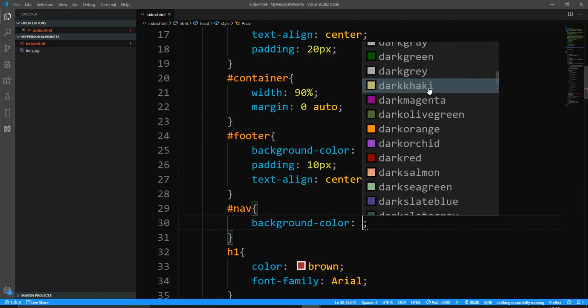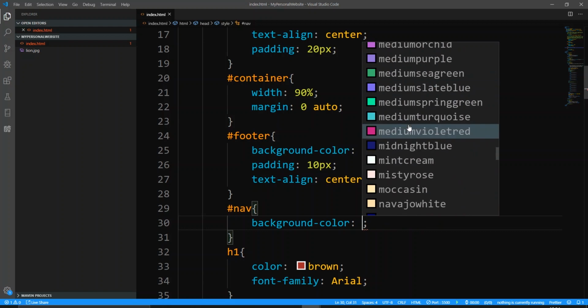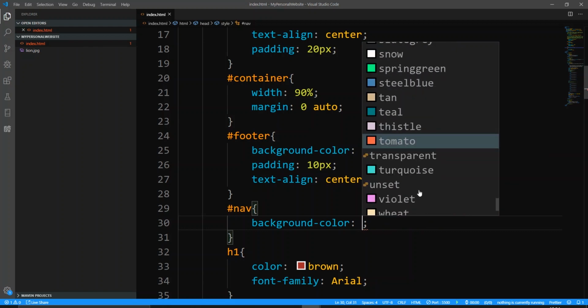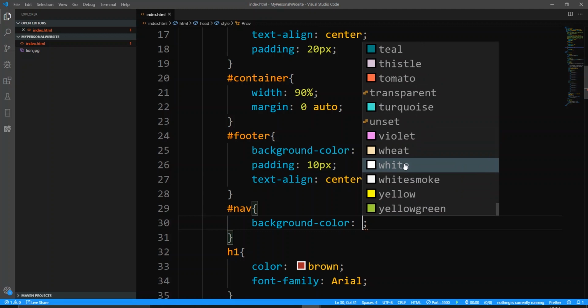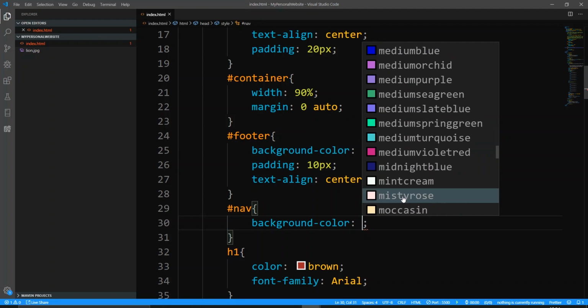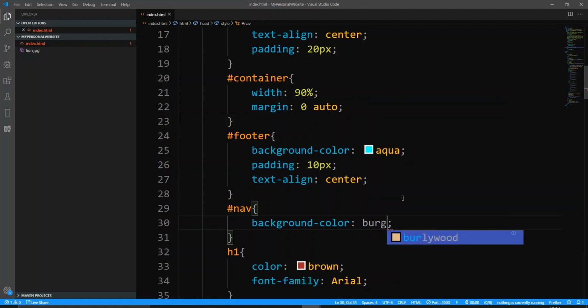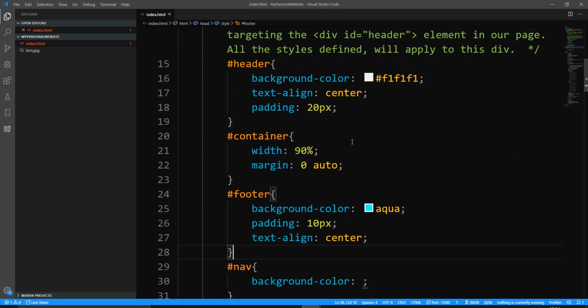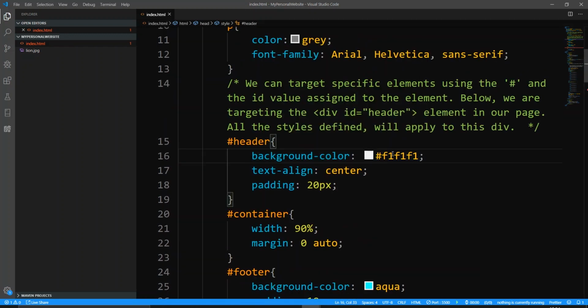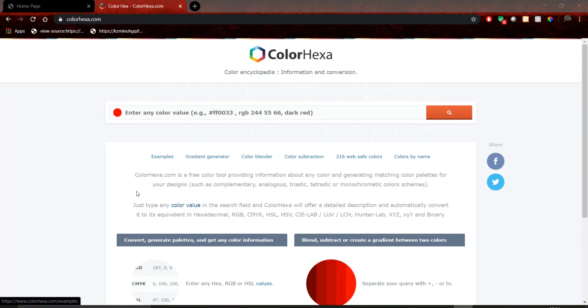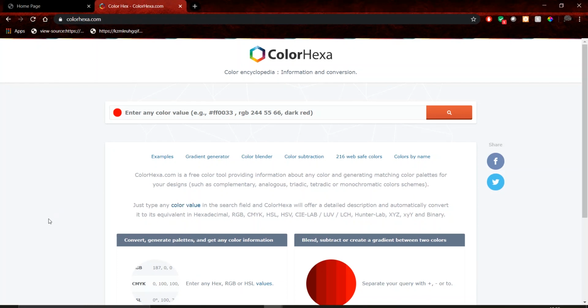If I look at all these colors, I see that they have quite a few colors and shades and suggestions of colors. The fact though is that you cannot find every color here, and not every color can be called by name like this. So if I wanted burgundy, if I start typing burgundy, they don't have burgundy. If I wanted burgundy though to be my color, then I would need to find the hexadecimal code for burgundy. So when I want a particular color or a particular shade of a color that I really don't know, and I don't sit down memorizing hexadecimals and the list doesn't have it, I find this website